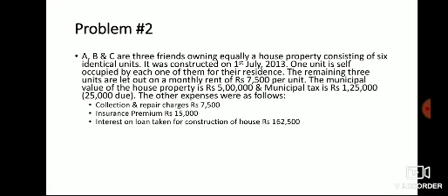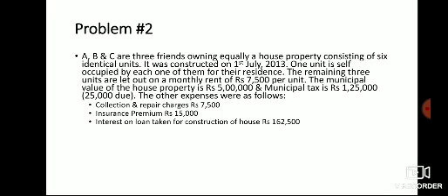Second problem. Here, A, B and C are 3 friends owning equally a house property consisting of 6 identical units. It was constructed on 1st July 2013. One unit is self-occupied by each one of them for their residence. The remaining 3 units are let out on a monthly rent of rupees 7,500 per unit. The municipal value of the house property is rupees 5 lakh and municipal tax is rupees 1,25,000, in brackets 25,000 due. The other expenses were as follows: collection and repair charges 7,500, insurance premium rupees 15,000, interest on loan taken for construction of house